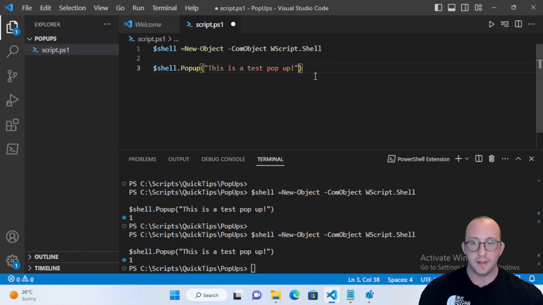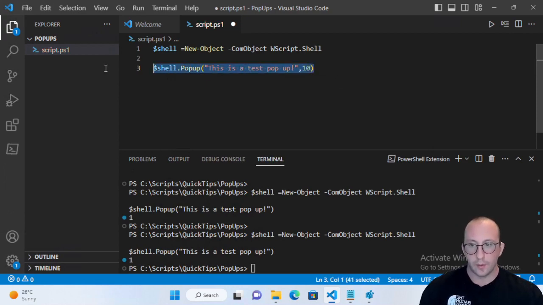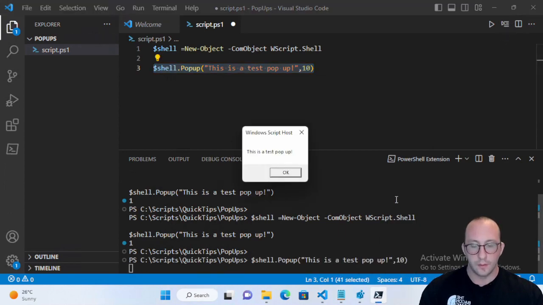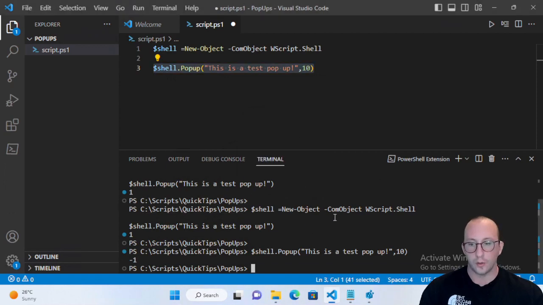So what we first need to do is, in the Popup method call, add a comma and then put an amount of time here. If we just run this and wait, it auto closes. And as you can see, now the value is -1. Now this 10 is 10 seconds, so it will auto close in 10 seconds. So any numerical value that you put in here, the window will close after that amount of time. Maybe that's something that you might want in your script. In my cases, I usually have this set to 0,